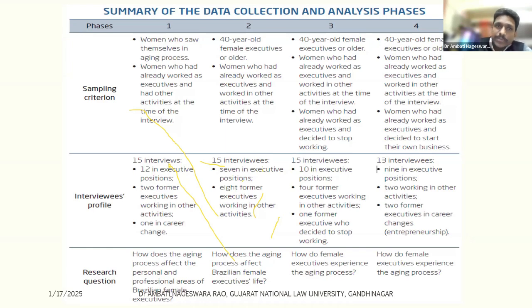the right people to share something more about how they are able to manage professional and personal life when they reach 40 years. Okay, because in this particular stage, the researcher didn't keep age as a factor, and they said that there's no difference between personal and professional life. But based on the preliminary analysis of stage one, the researcher understood that for the people who are above 40, there is something happening in their life.